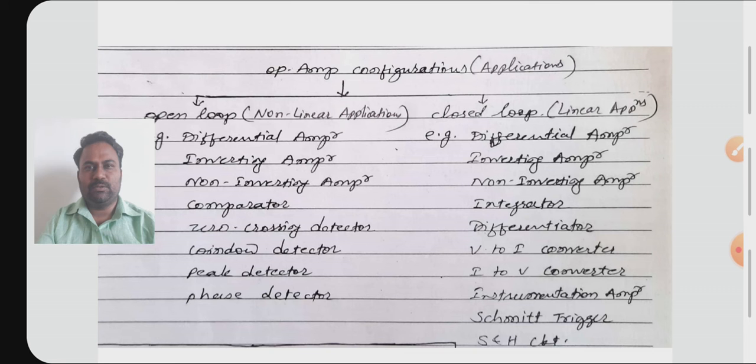In this video, we will discuss linear and non-linear applications of op-amp. In the previous video, we have seen some of the linear applications of op-amp. Let me repeat once again. Linear applications are the applications which are with feedback, which are also called closed loop applications of op-amp. That means there is a feedback between output and input, and that's why they are called closed loop and linear applications of op-amp. Non-linear applications are the applications which are without feedback, that means open loop configurations, no feedback between input and output. They are called open loop configurations or non-linear applications of op-amp.